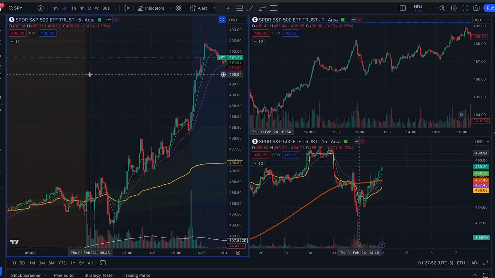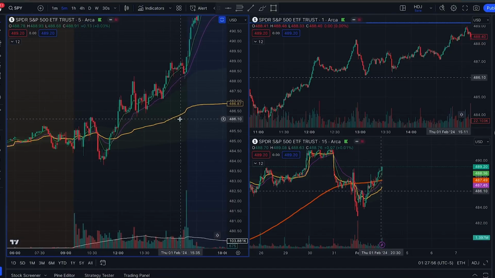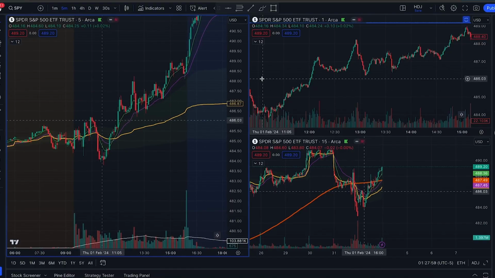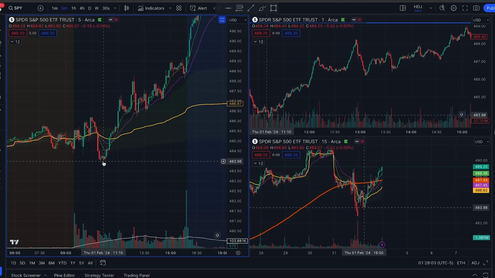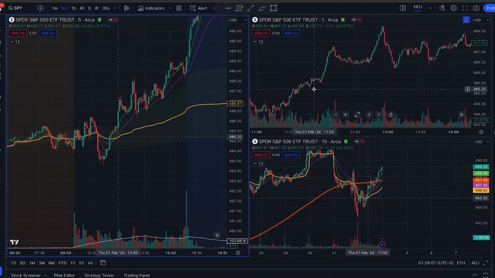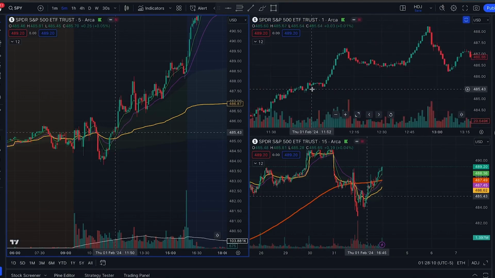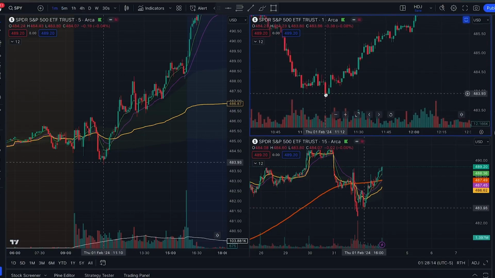So let's check out SPY, 5-minute chart right here. Okay, and we took our eyes over here to the 1 minute. So look down here, we had a bottom and then we pushed up. So if we zoom in on our 1 minute, we're seeing the bottom, the same thing. So you're looking to match up all of these time frames before you take an entry